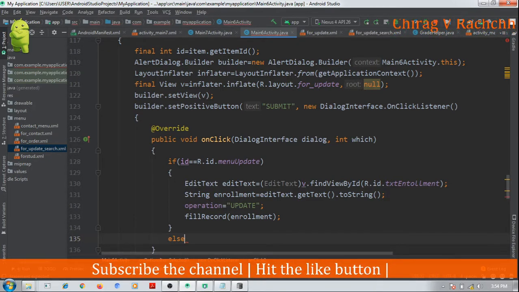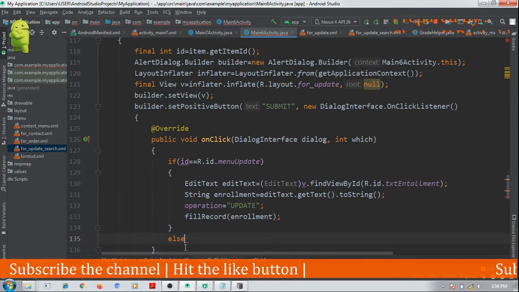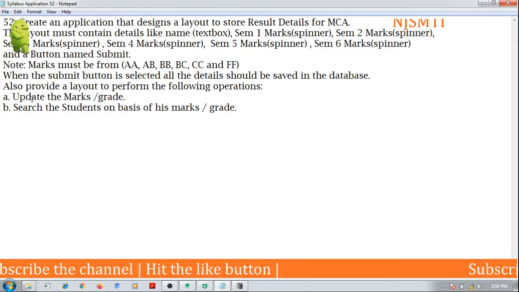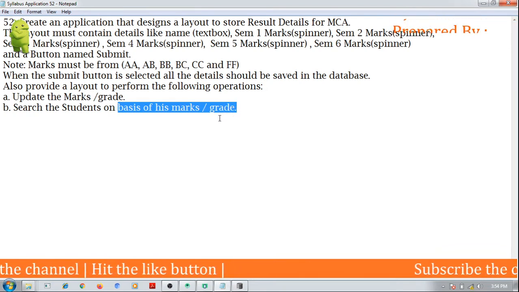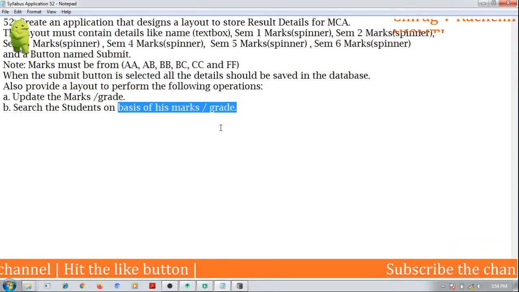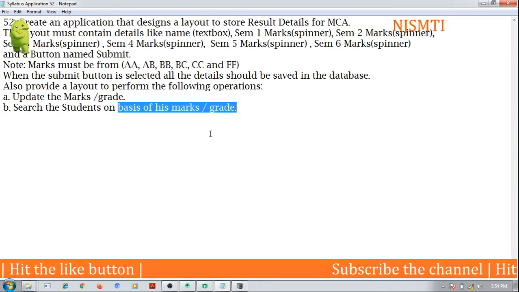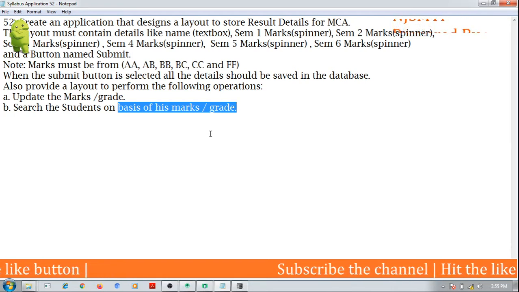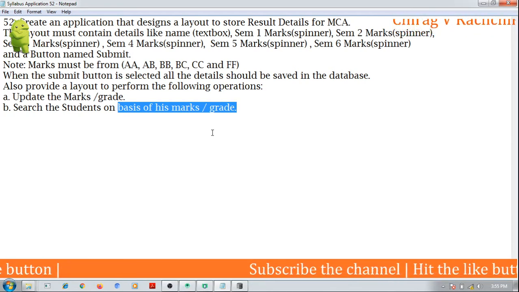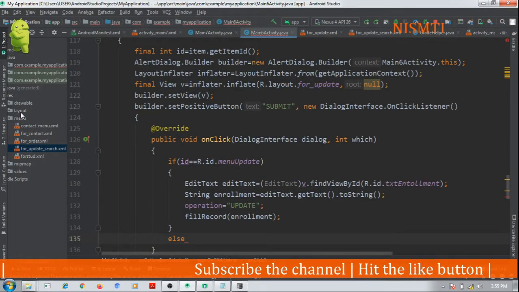for searching, only an enrollment number is not necessary or sufficient in this case, because we are asked to search the student on the basis of his or her marks. So the enrollment number is not required here. So the layout or the custom dialog that we have defined here would not work in case of search. For search we have to define another layout. Let's define it. So here in our layout folder